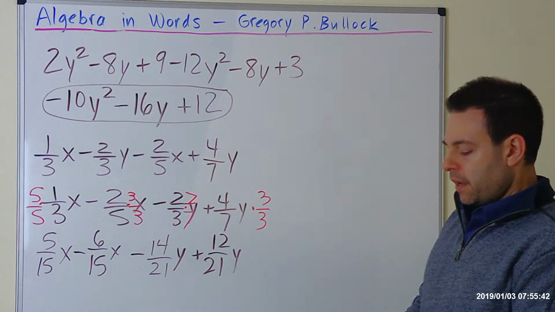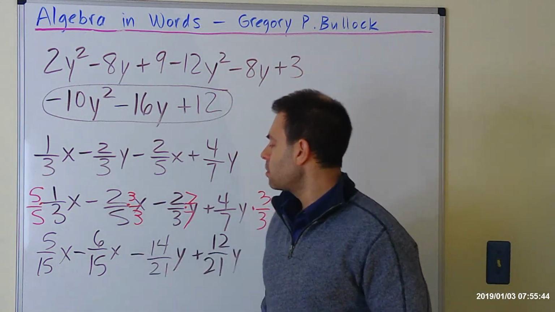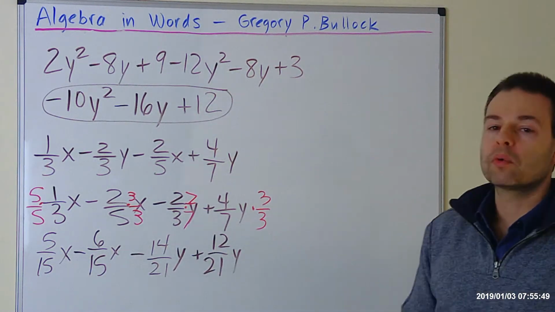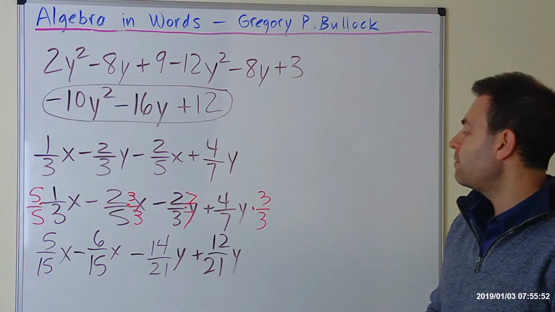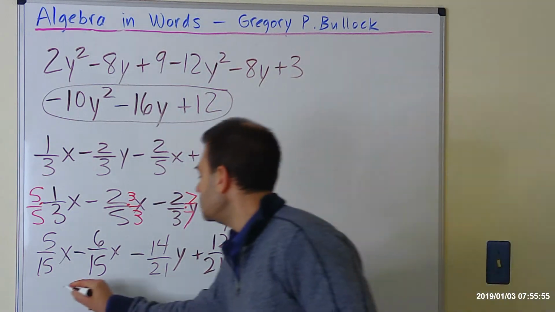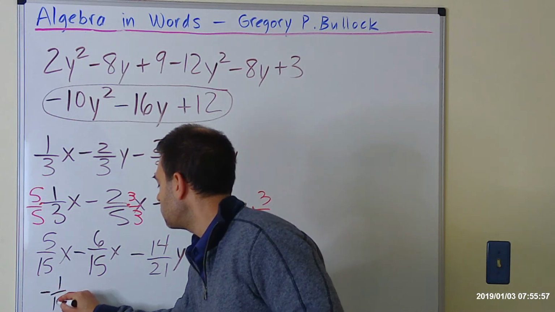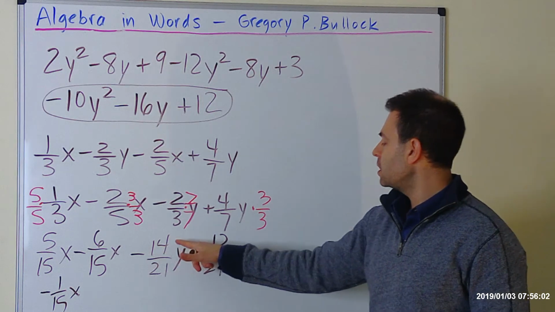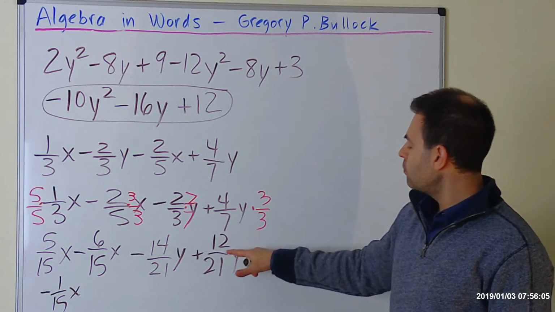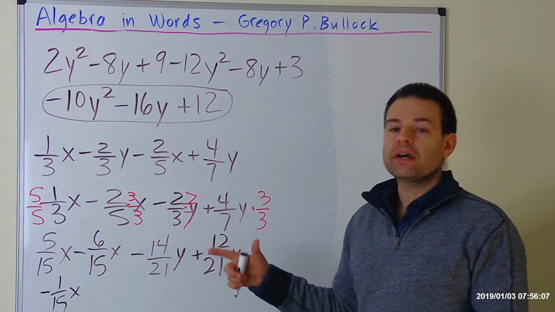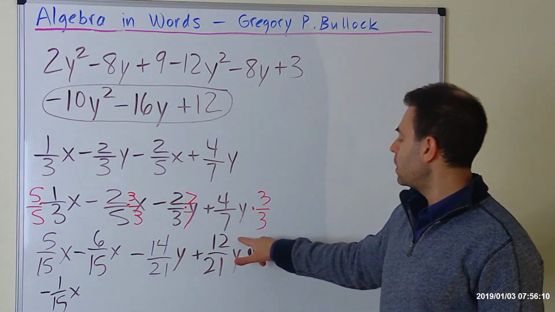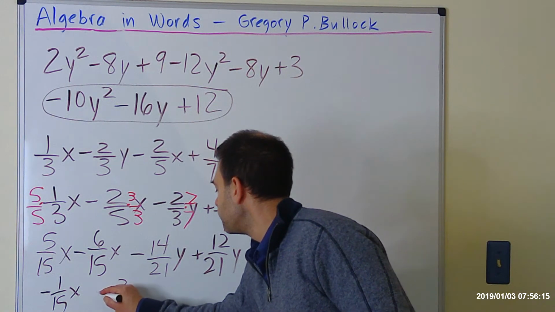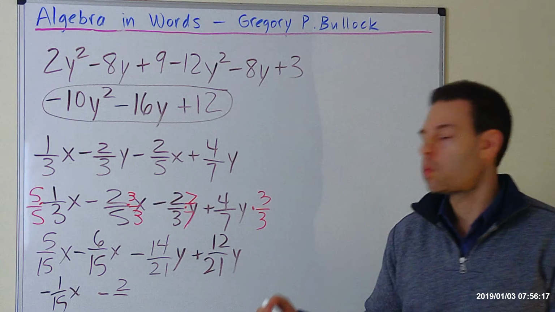All right? And finally, so let's combine like terms now. We have 5/15 x minus 6/15 x. Okay, we're going to combine by the numerators. 5 minus 6 is going to be negative 1/15 x. And we have, in the y terms, negative 14 over 21y plus 12 over 21y. We're going to combine, again, the numerators. Negative 14 plus 12 is going to be negative 2 over the common denominator 21